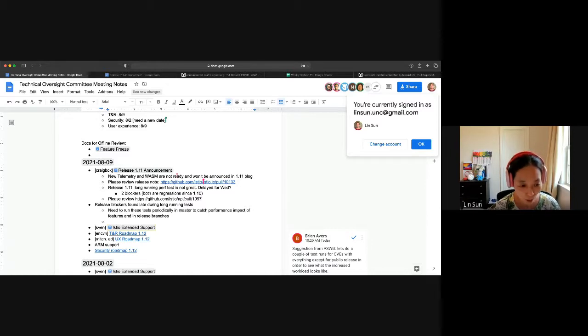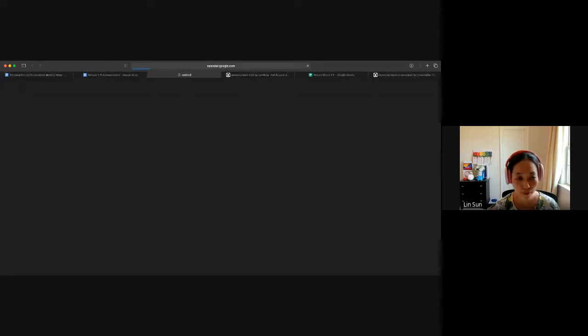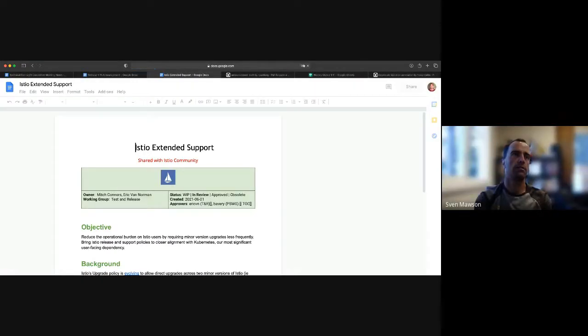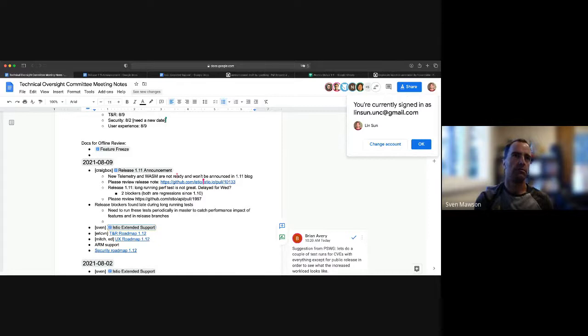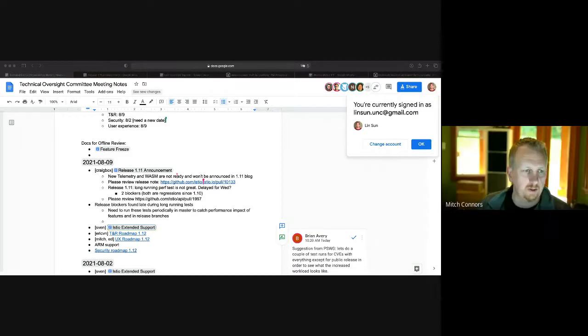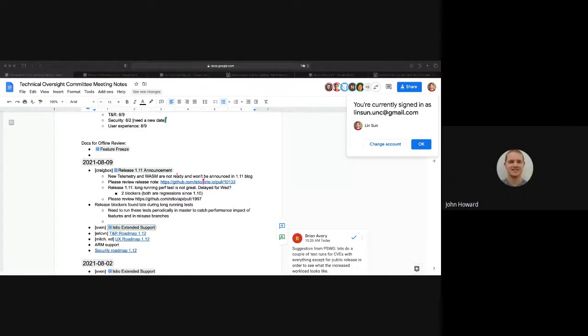Okay, I guess we are moving to our favorite topic, Istio extended support. I wonder, do we want to do that today, or do we want to do the roadmaps first, since we have a bunch of those coming? Oh, good point. Or if we want to move this after. I can tell you that the UX roadmap is brief. I worry that this topic will absorb all remaining time. So yeah, I would go for the roadmap personally.